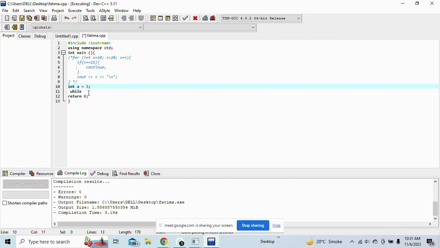Then we write while loop inside the small bracket. We provide a condition, let's say while a less than 10, then start curly bracket